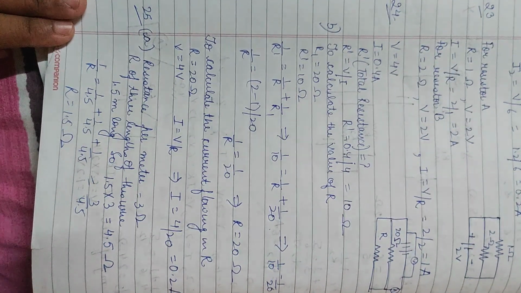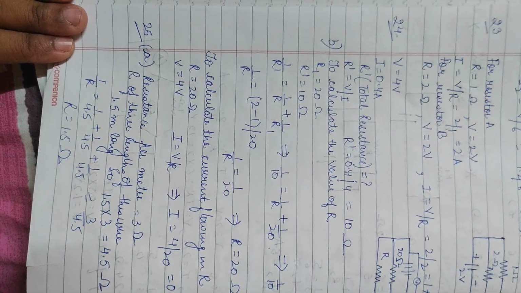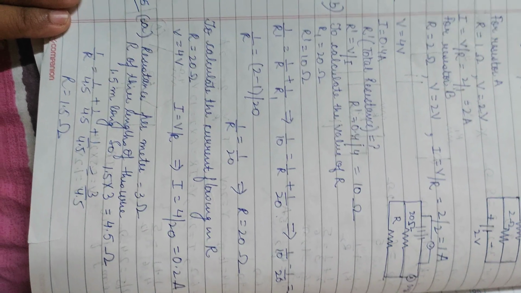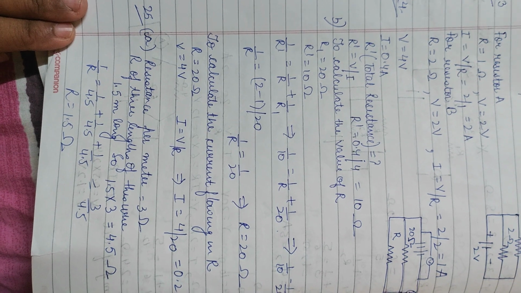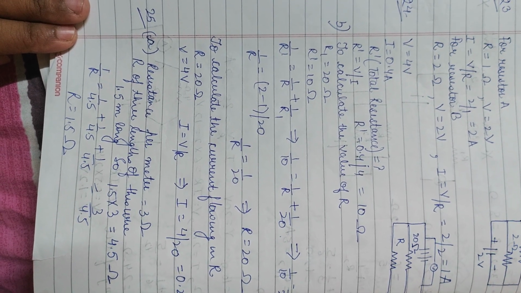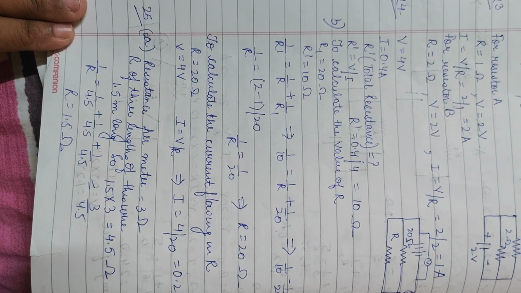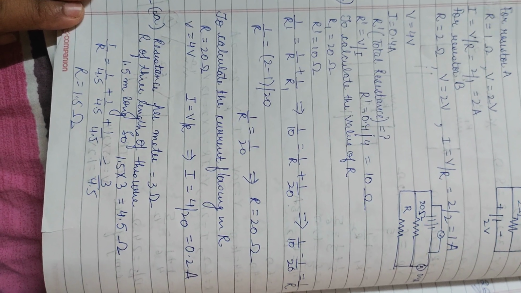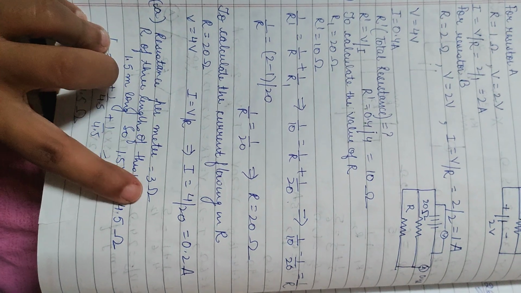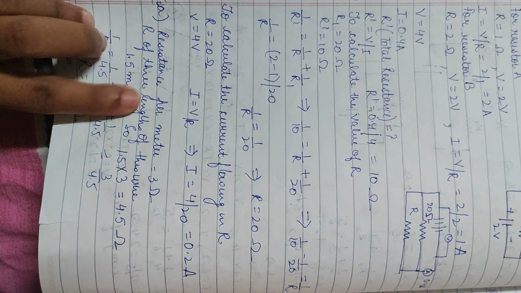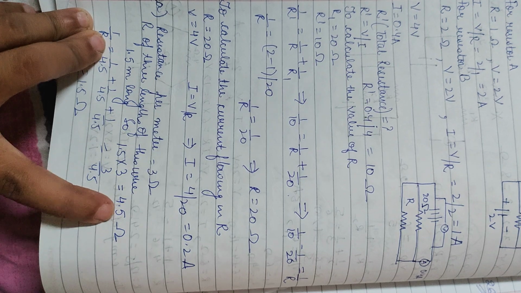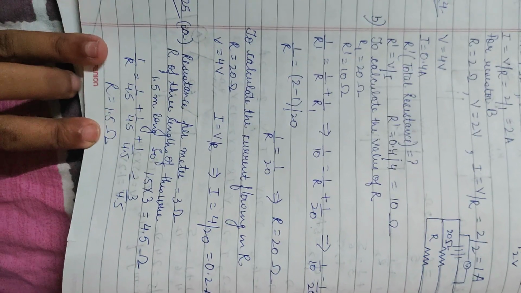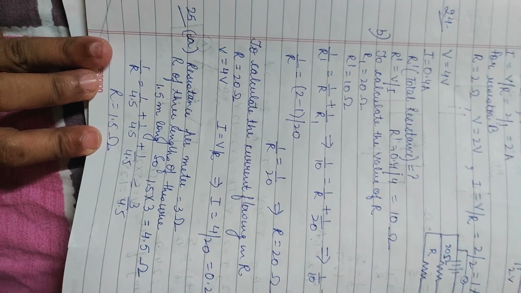In the 25th question, they are saying that a particular resistance wire has a resistance of 3 ohm per meter. So 3 ohm per meter resistance is there. The total resistance of 3 lengths of this wire, each 1.5 meter long, joined in parallel. सबसे पहले देखो वो क्या कह रहा है, per meter it is 3 ohm. So 1.5 meter long के लिए कितनी होगी, 4.5 ohm. और ये सारी 4.5 ओम किस में ज्वाइन है, पैरेलल में ज्वाइन है. तो हमने उस पैरेलल से रेजिस्टेंस की वैल्यू को निकाल लिया.